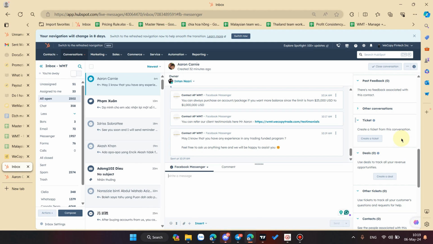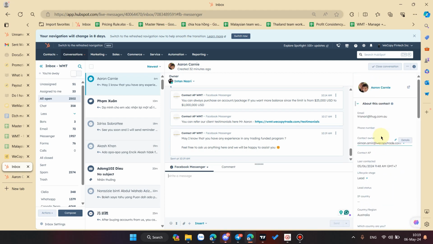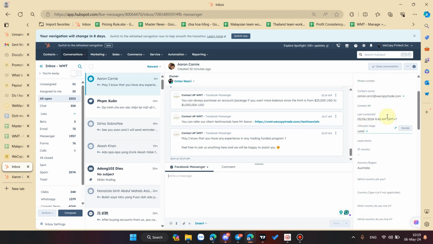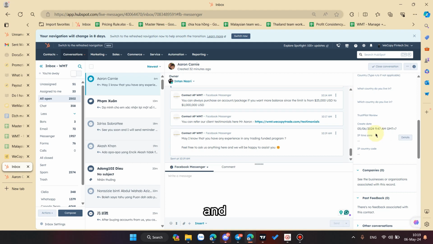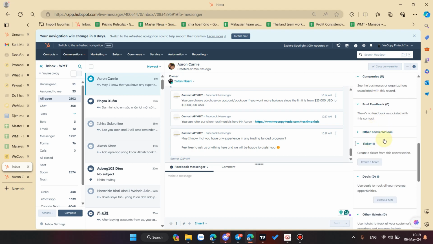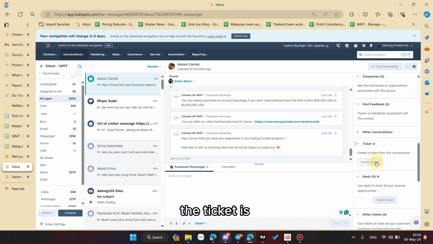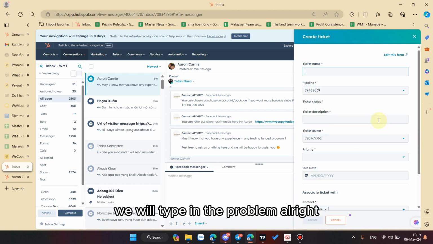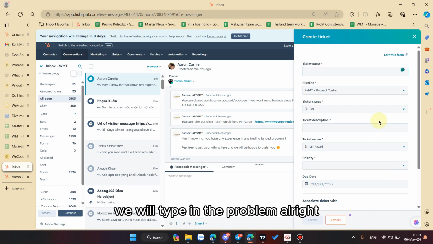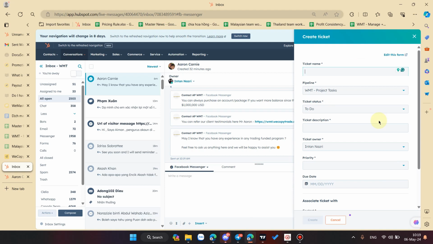You will check the information, and below here we can create a ticket. For people who don't know, a ticket is where we type in the problem or inquiry, and then send the ticket to the back team, the technical team, so they can resolve the problem for the client.